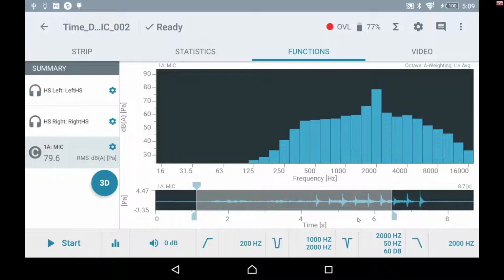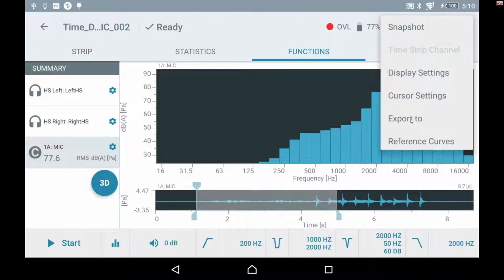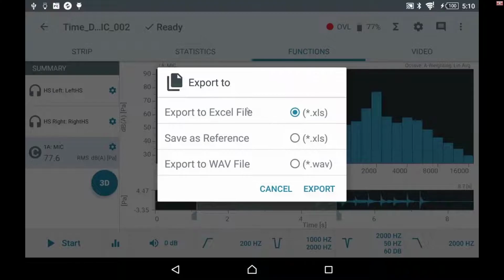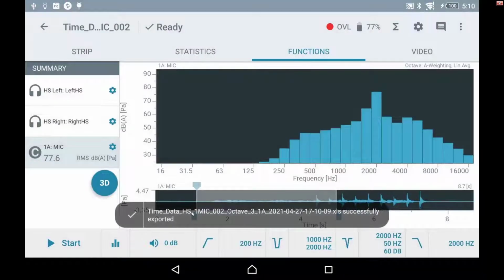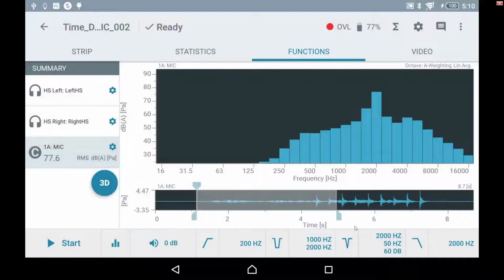Okay, and so let's say for whatever reason I want this whistle, but a couple of the impact events. All I have to do is come up here and I say export to, and I can save it right to an Excel file. Okay, so I export this and it's exported right to this XLS file, and I'll now be able to go import that XLS file, open it right up in Excel, and I'll have my plot. And I'll show you what that looks like here.